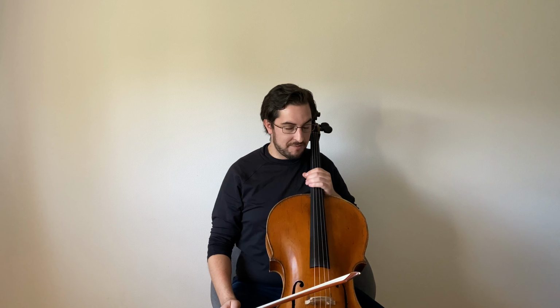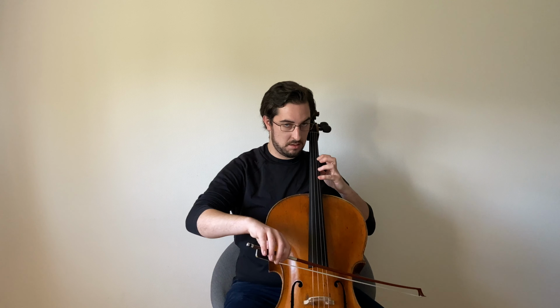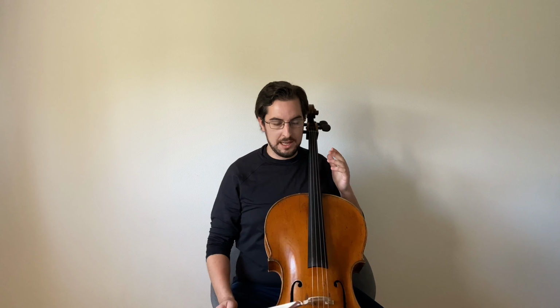And then here we have another shifting, so be careful that you don't do this, not this lame, lazy glissando. No, forget it. It has to be quick, light and smooth. So it would be like this. Clear? Okay, the next one would be...